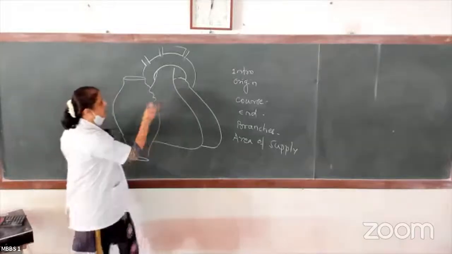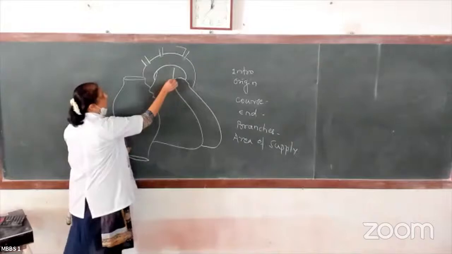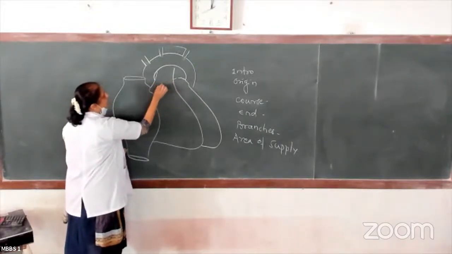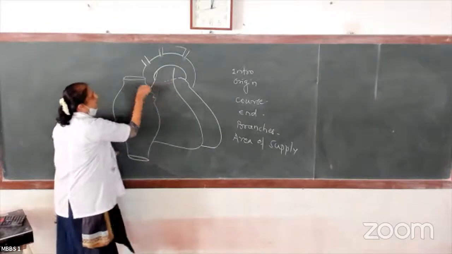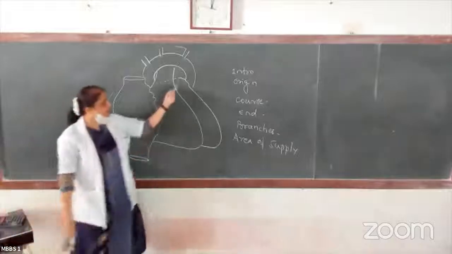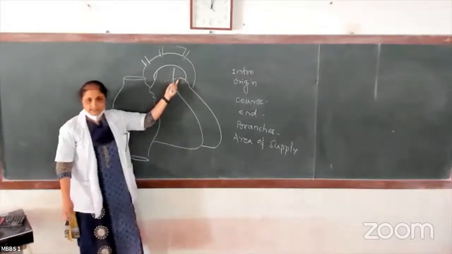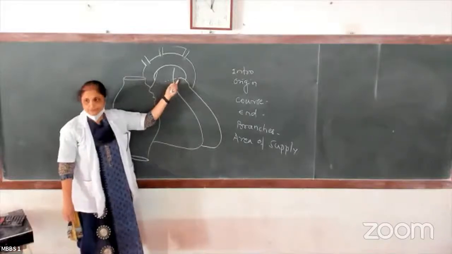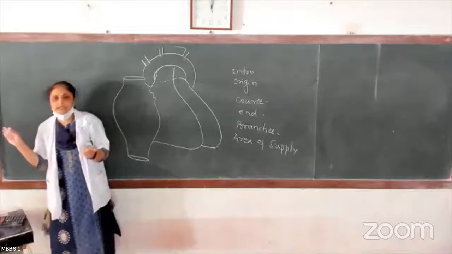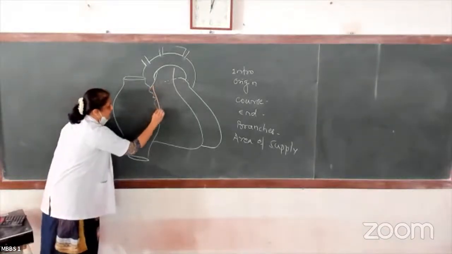The right coronary artery origin we have seen. In the course part, we can say it is taking origin from the right coronary. Anterior coronary sinus is passing behind the pulmonary trunk. When it comes out of the ascending aorta, it passes through the coronary sulcus, that is the atrioventricular groove. It passes behind the pulmonary trunk on the right side of the coronary sulcus, and then it passes in the